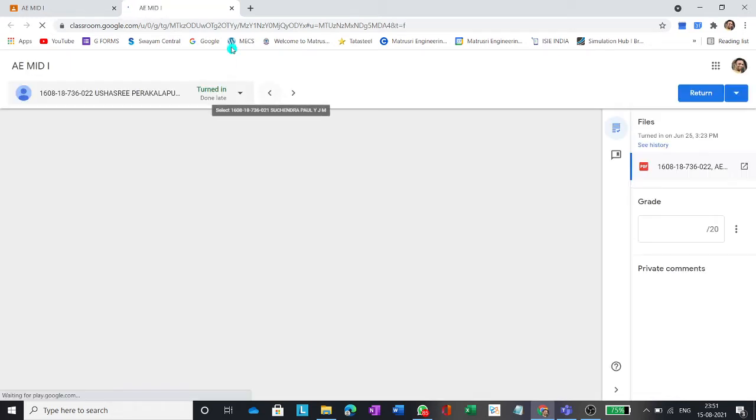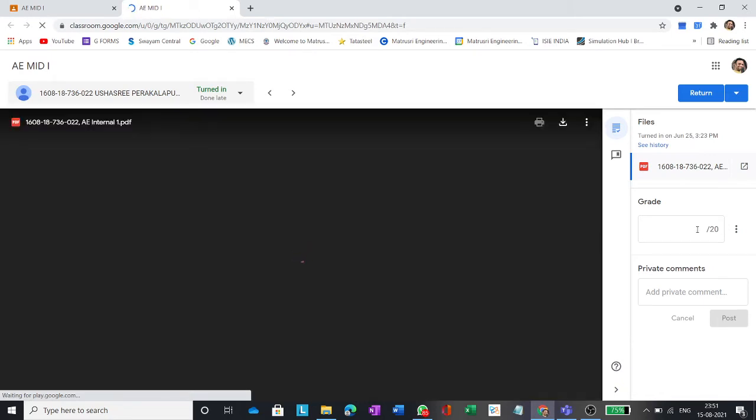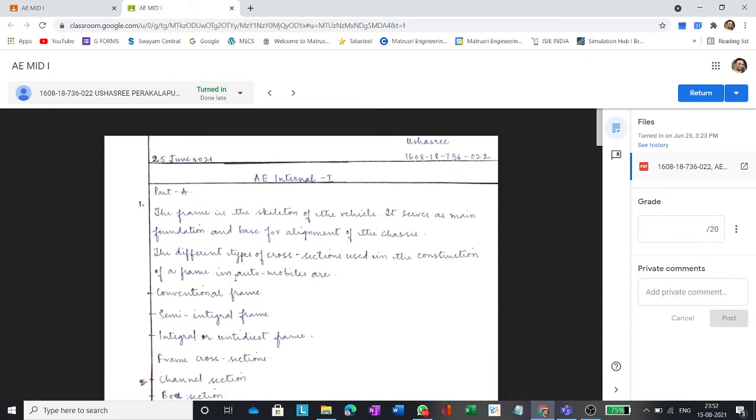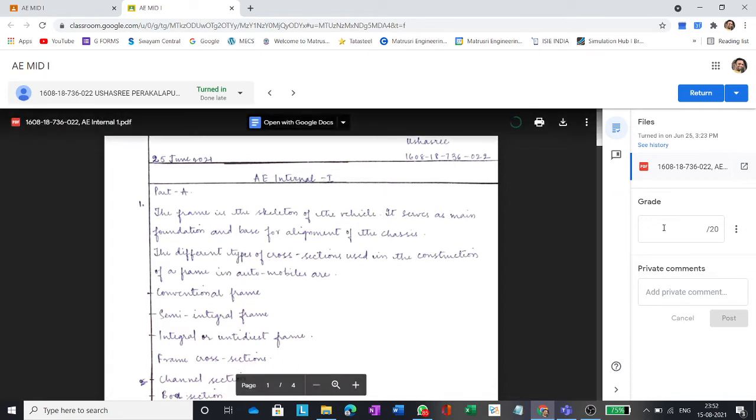So let me select one paper. Kindly bear with me. After going through this paper, usually we go to the paper evaluation here and award marks directly over here. Let's say for 15, 16, whatever we awarded, we directly enter it. But individual marks will not be given, so we'll find difficulty in entering our individual marks for COP or matrix, whatever, for the NBA. You can also go with another method by giving the rubrics and all.